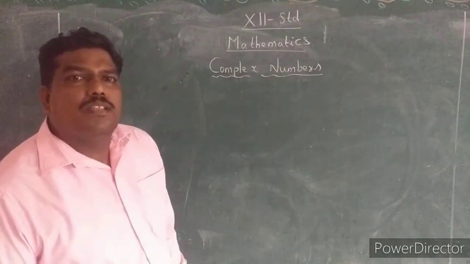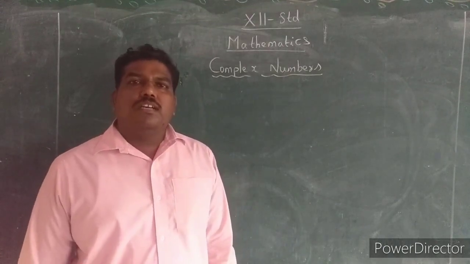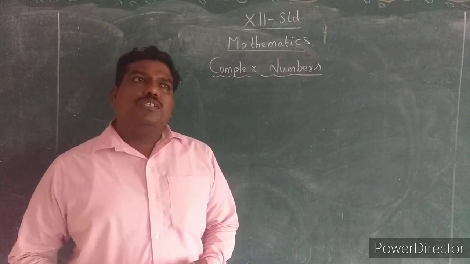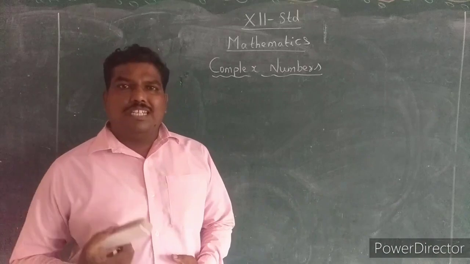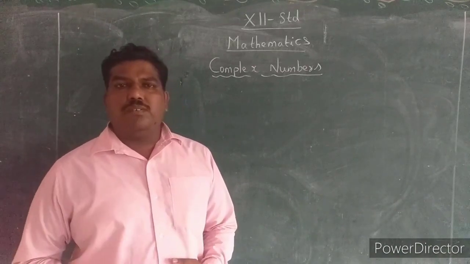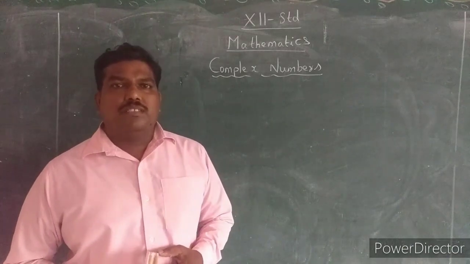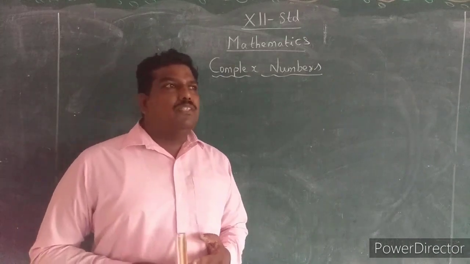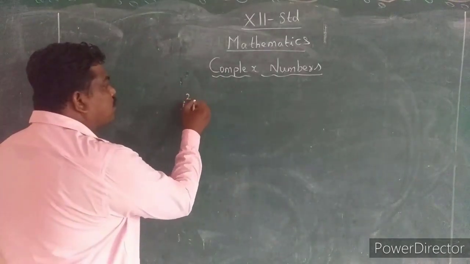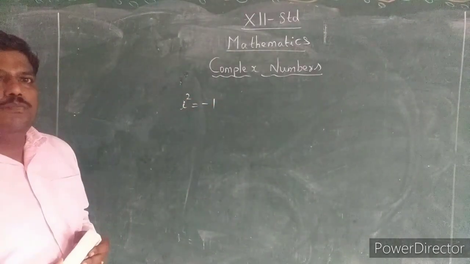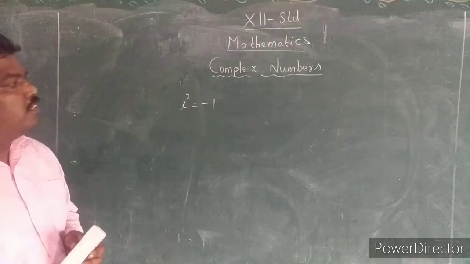Good morning to everyone. In the previous class, we learned a new number system called complex numbers. What is the use of this number system? When you try to solve a quadratic, if the discriminant value, that means the delta value, is negative, to evaluate that case we introduce a new number system called complex numbers. To solve complex equations, we consider a statement that i square is equal to minus 1. Using this consideration, there are some evaluations for some powers of i.